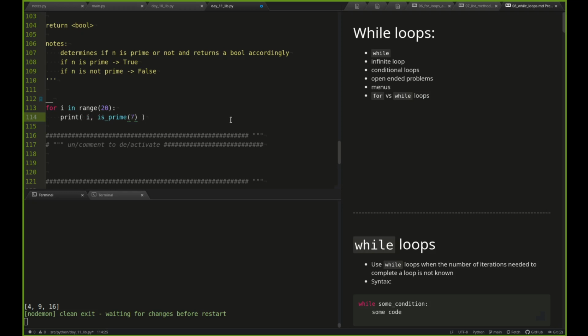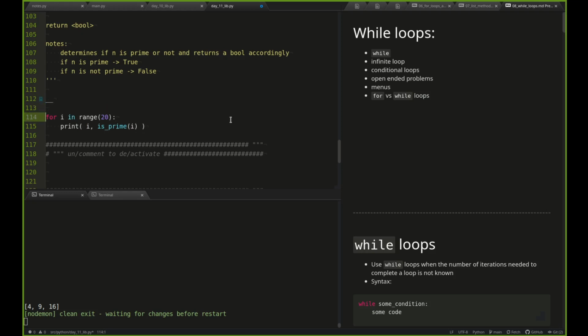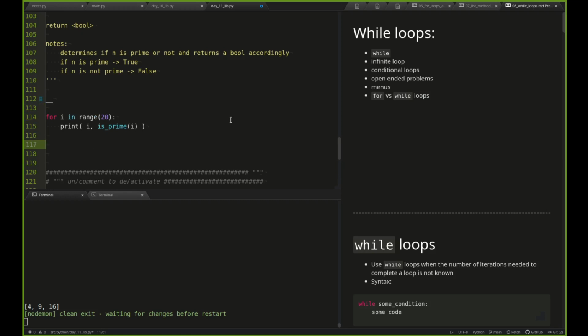Then I'll feed it i, and in terms of what I expect, I could go through here and say 0 is not prime, and 1 is also not prime, and 2 is prime, right? I could do this, but